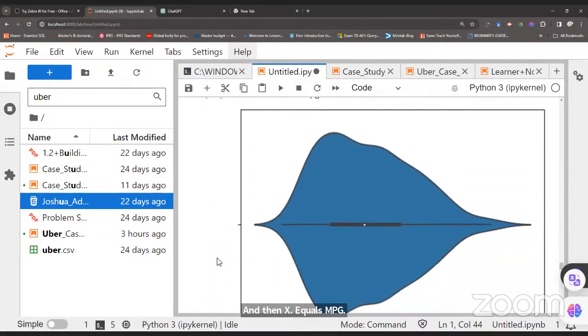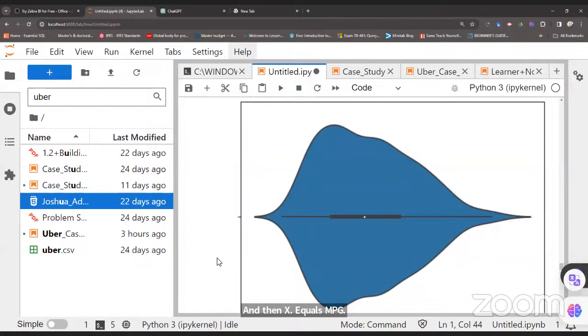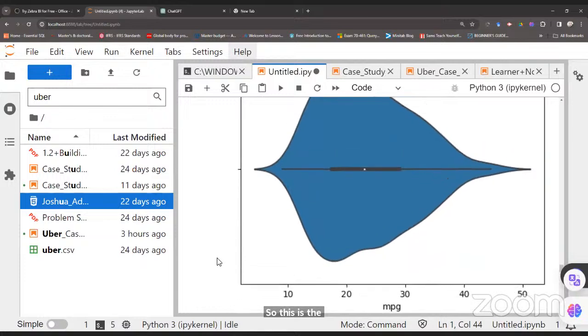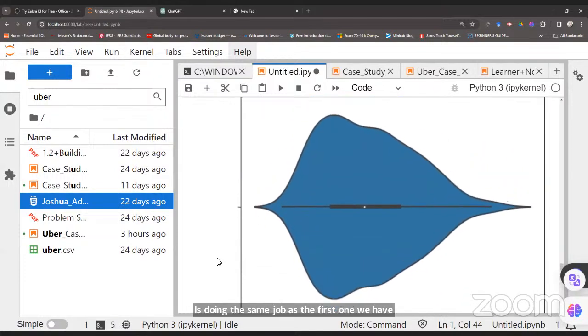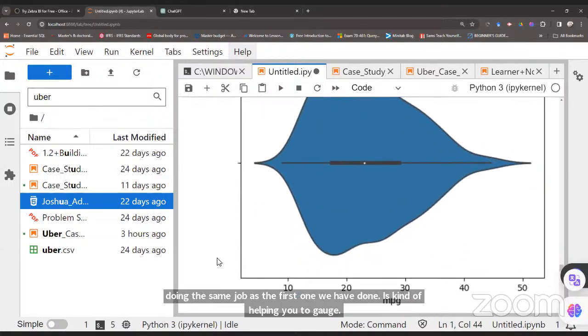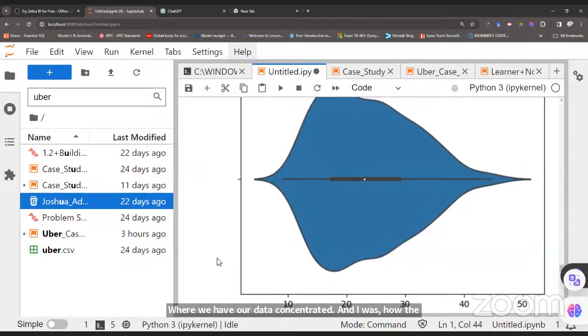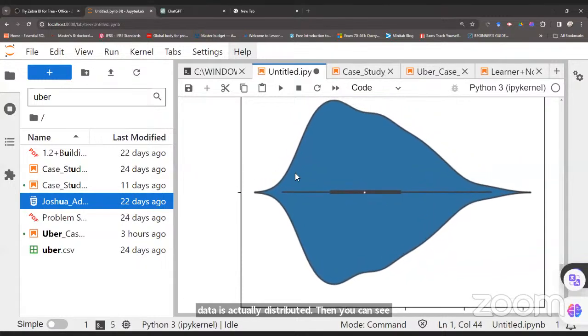So this is the violin plot. It's doing the same job as the first one we have done. It's helping you to gauge where we have our data concentrated, in other words, how the data is actually distributed. Then you can see that much of the data, where the violin plot is swollen,